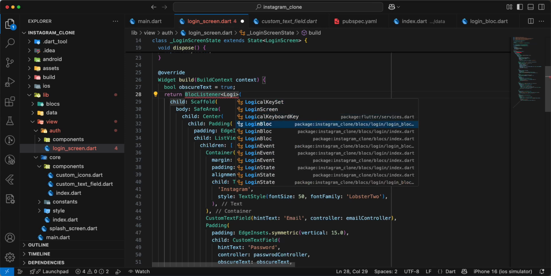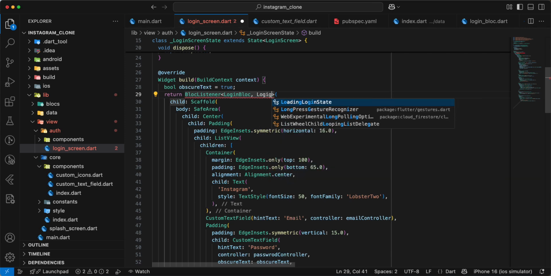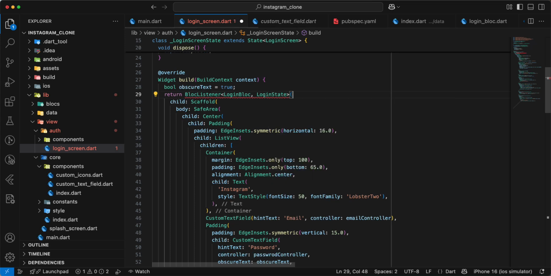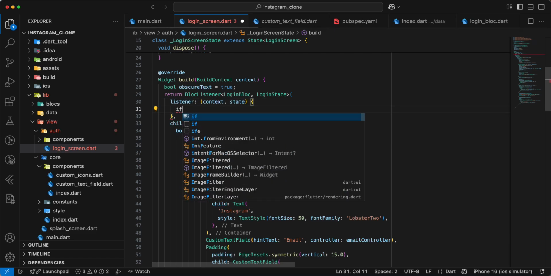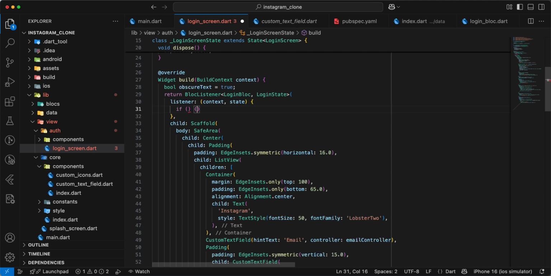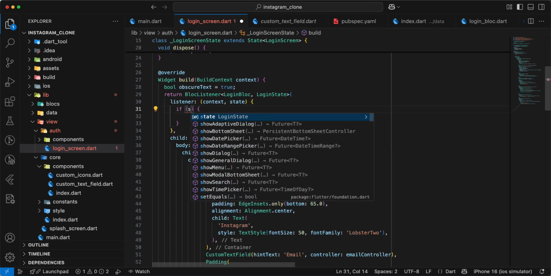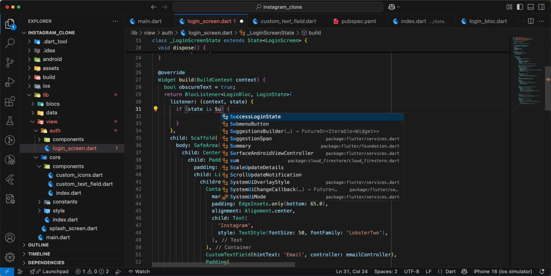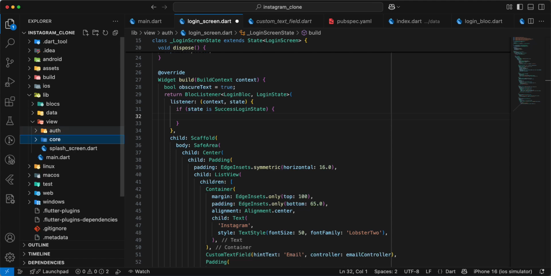Now we add BlocListener, add widget, write BlocListener, add LoginBloc, and we add LoginState, add listener state, write if, write state is SuccessLoginState, write right now we add